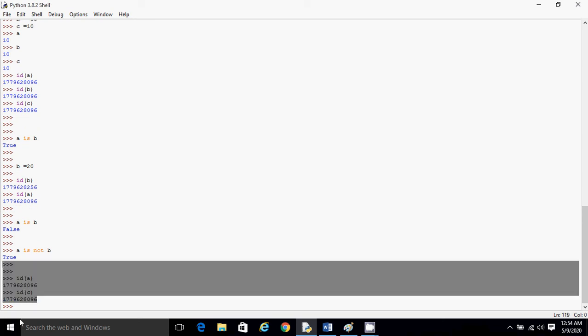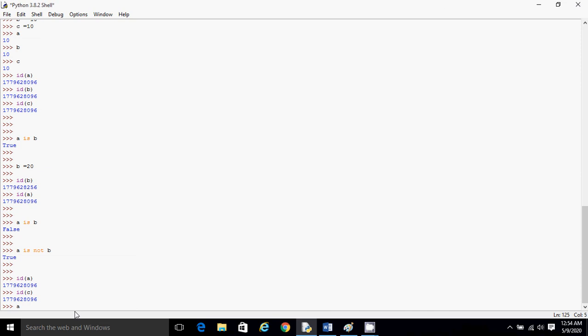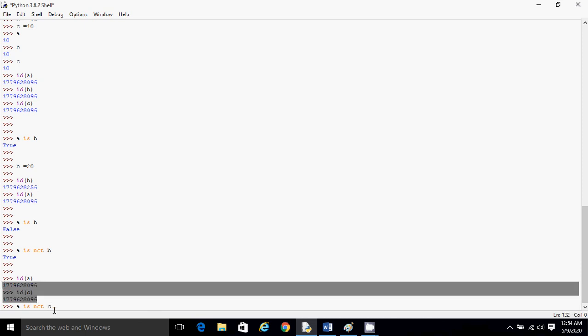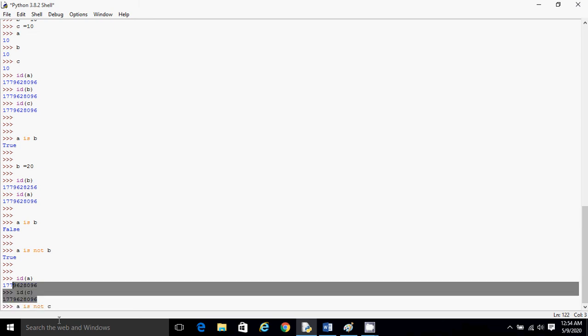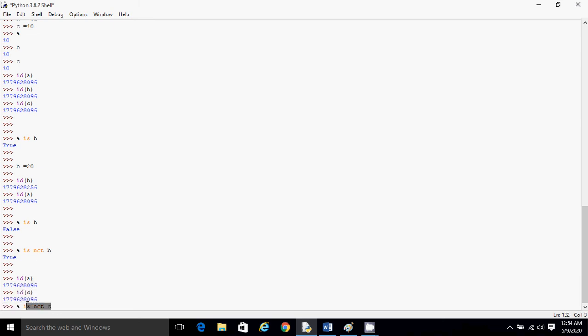Now if I try a is not c, because both ids are the same, this condition is false. a is not c will return false.